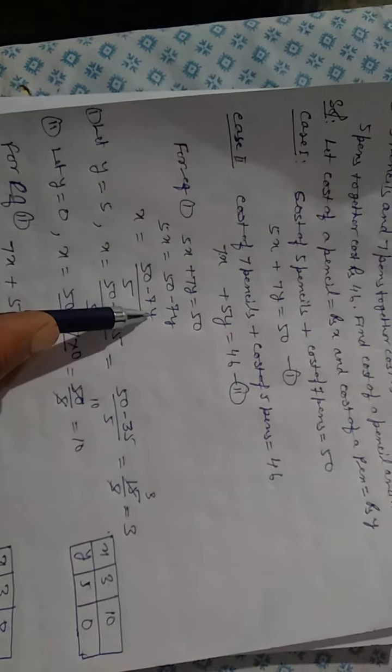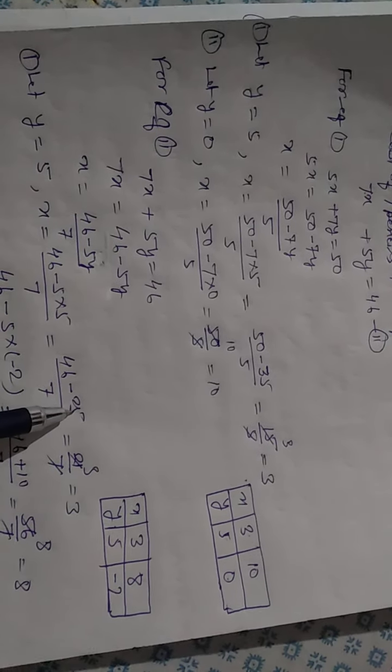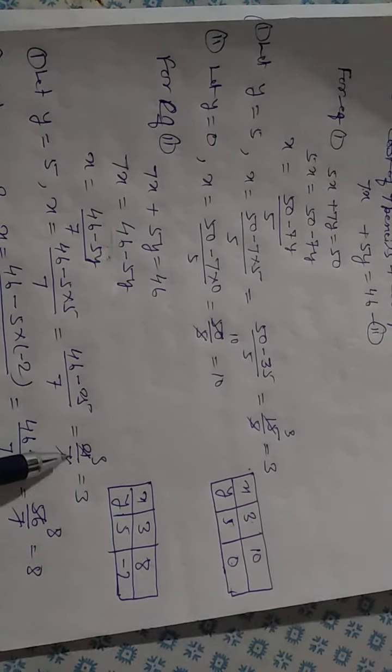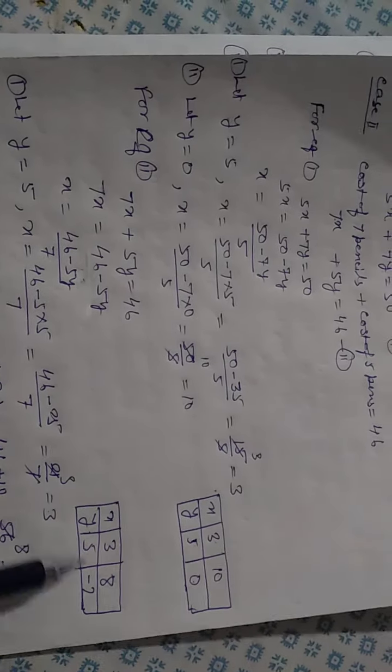Now similarly you will solve equation 2. Equation 2 is 7x plus 5y is equal to 46. 7x equal to 46 minus 5y, x equal to 46 minus 5y by 7. Now choose any value of y. Suppose it is 5. Put here, then you will get 46 minus 5 into 5 by 7. 46, 5 fives are 25 by 7. 46 minus 25, 21 by 7. 7 threes are 21. x equal to 3 and y is equal to 5.